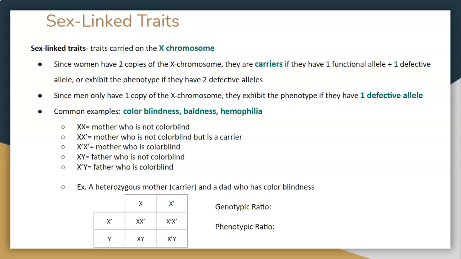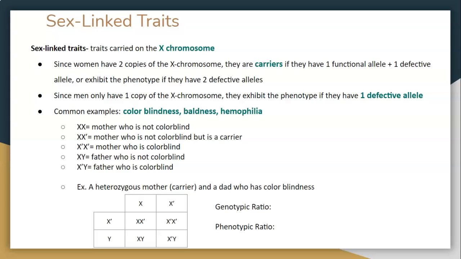That means that they can carry, right? They can have a defective allele and a functional allele and not exhibit whatever the trait is, right? They can kind of push that aside as if it's a recessive trait. But they can also exhibit the phenotype. They can show whatever the trait is if they have 2 defective X chromosomes, 2 defective alleles on the X